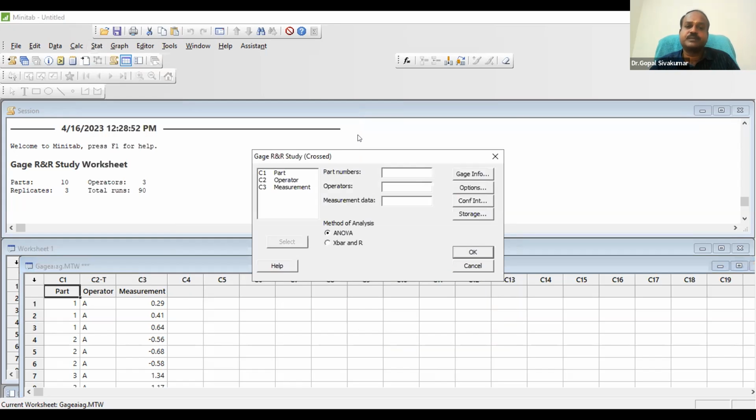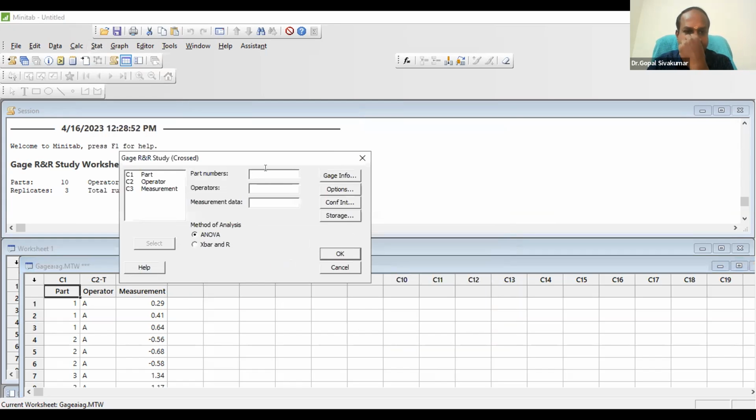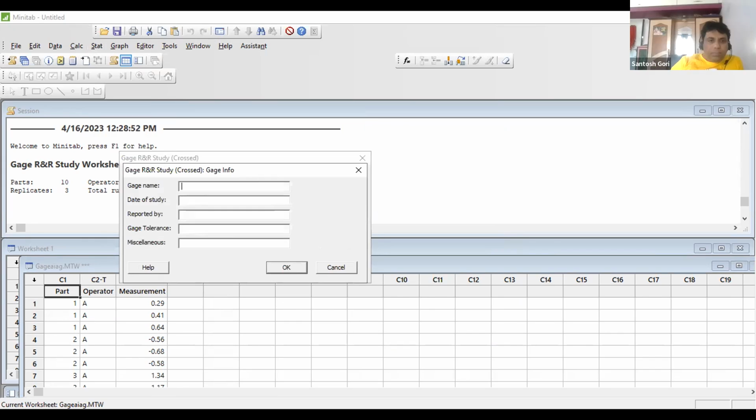So click that. Now part number, which column contains part number? C1. Click and select. Operator detail, C2. And measurement detail, I mean the data, C3. Click and select. You can analyze using the X bar R method. That is what I have shown, X bar R method. Gauge information, the gauge name. Let us say we used a stopwatch, that's the gauge name. And date of study, 16 April. And then reported by the